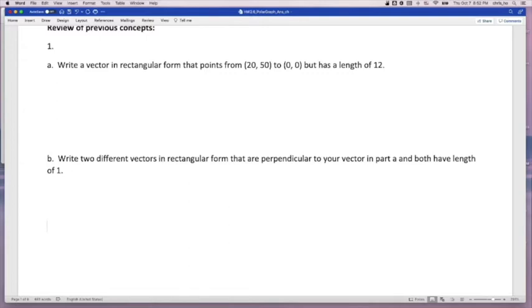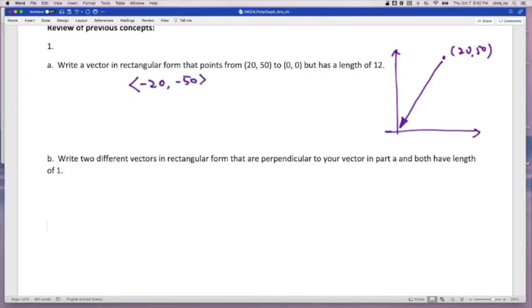So first of all, we know that this vector is going to go from somewhere over here, 20 and 50. So let's say fairly large units here, 20, 50. Then it goes to the origin. So you know it's pointing kind of in the negative x and negative y direction. The vector itself is pretty easy to construct. So the vector I want is minus 20 and minus 50. Okay, so that would be the vector that has 20 units in the x direction and 50 units in the